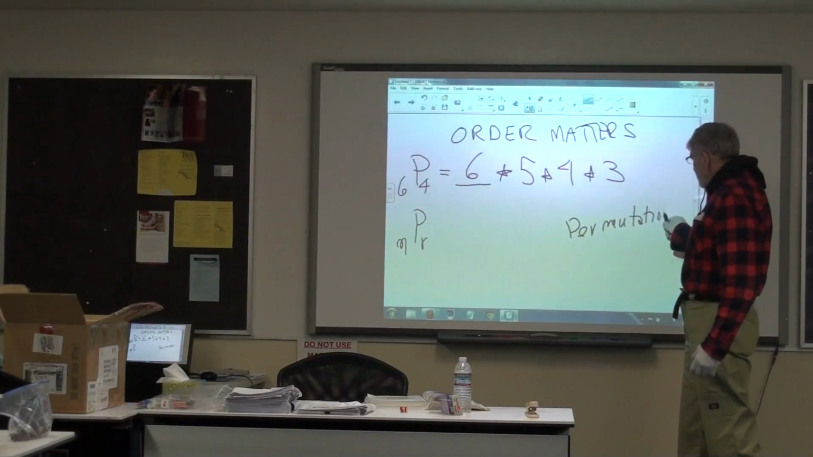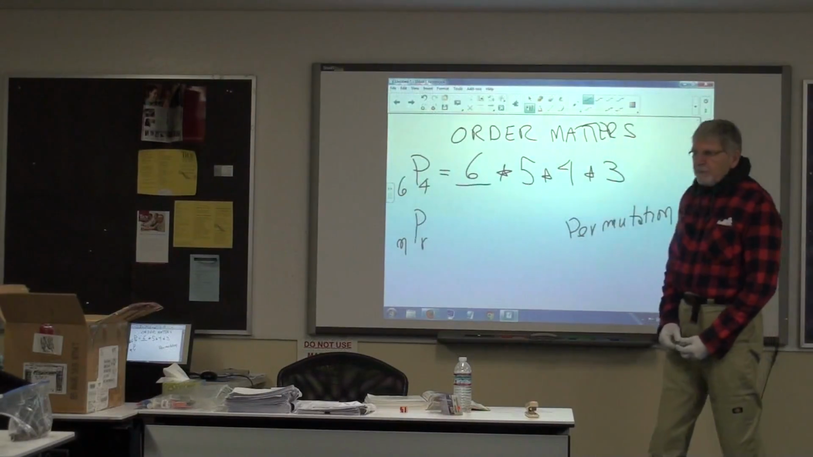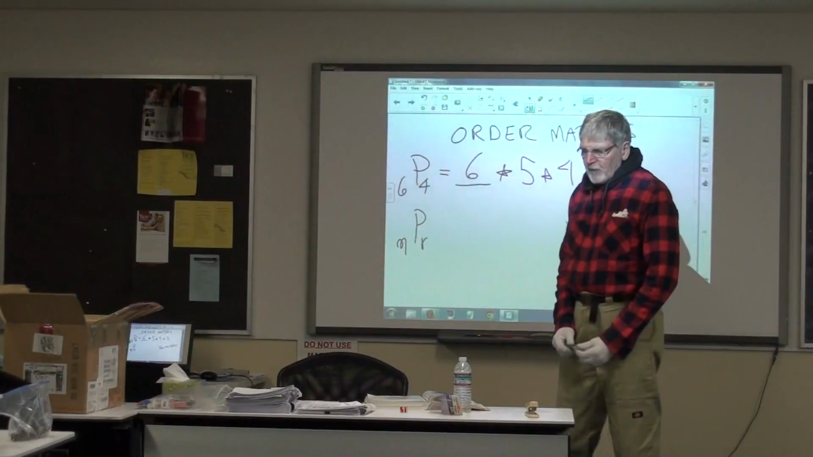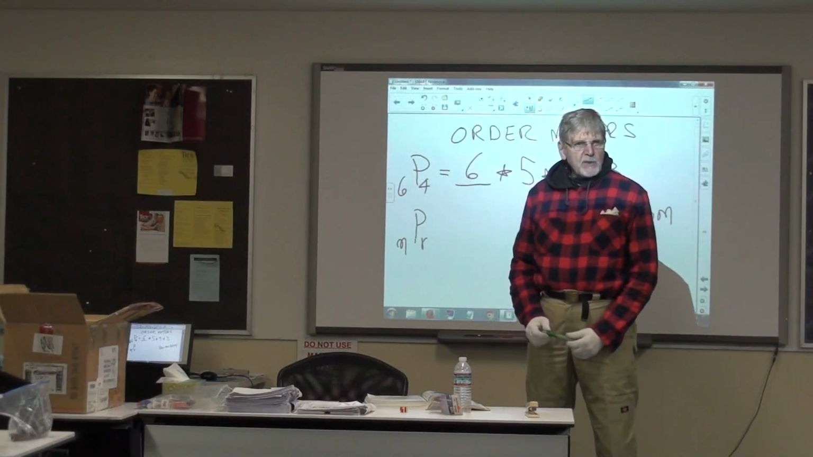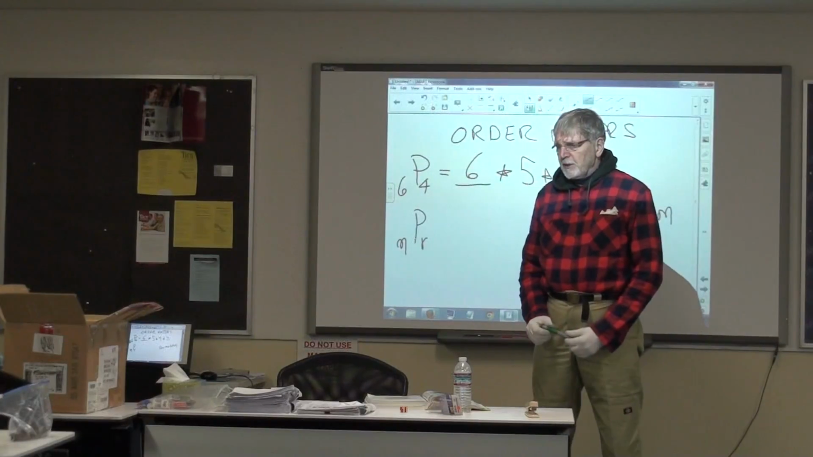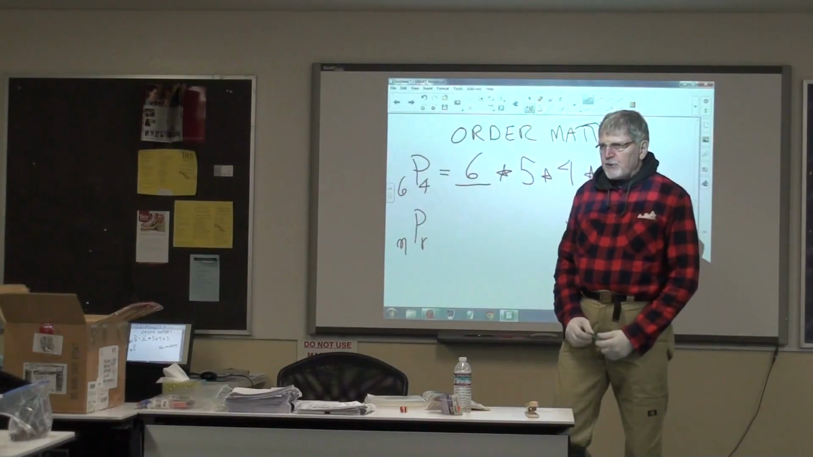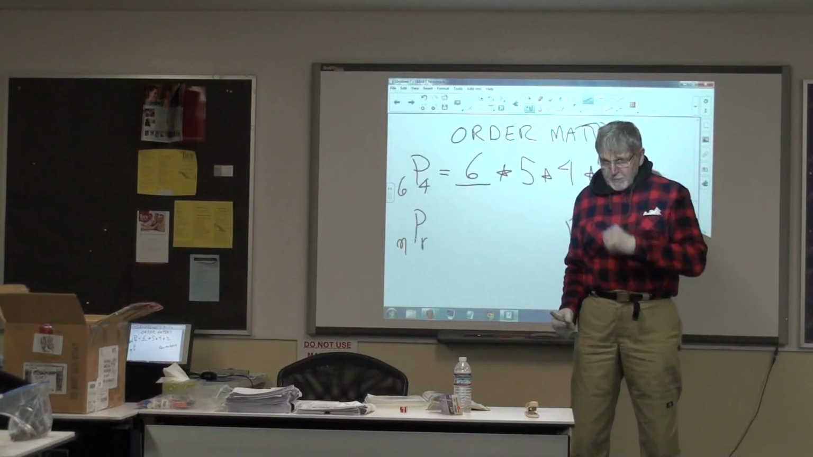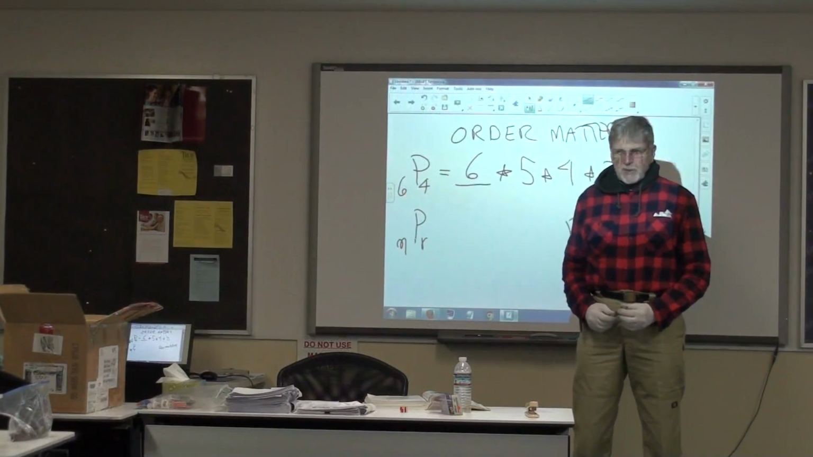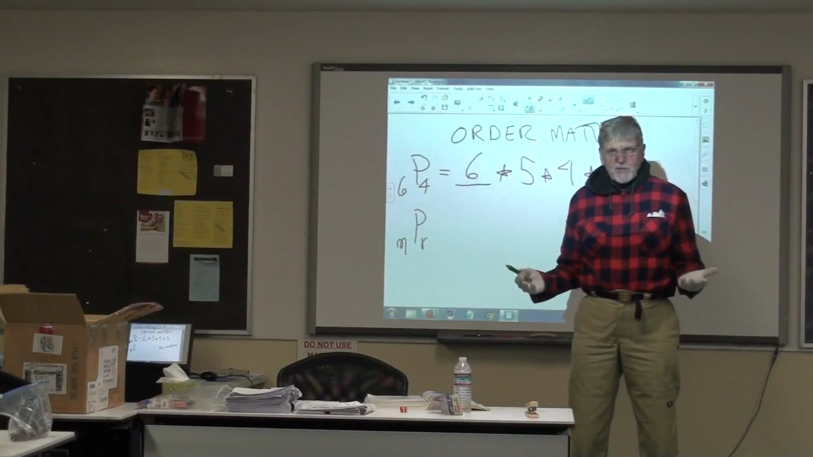So let's take another one. I'm going to form a 3-person government. First person selected is going to be president. Second person selected is going to be vice president. Third person is going to be secretary. So out of these 6 people, how many different 3-person governments can I form? 6 times